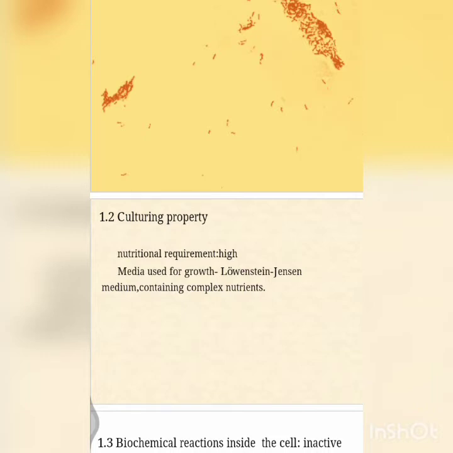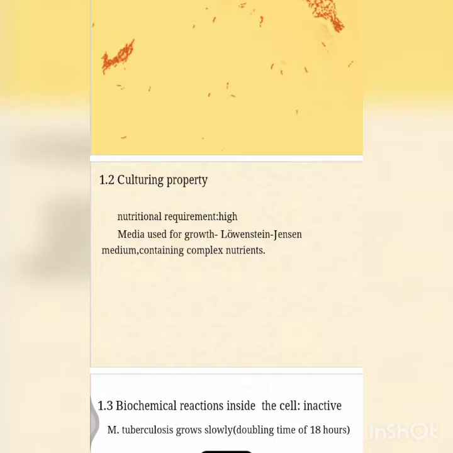Amongst all the solid media we should remember this: Lowenstein-Jensen medium is the most commonly used and is accepted by the International Union Against Tuberculosis. Middlebrook 7H10 and 7H12 can also be used. Why are we using all this? The advantage is that it allows transparent detection of the colony. They are transparent, so we can easily find them. Solid media are usually used for cultivation, and liquid media for sensitivity testing, biochemical reactions and also antigen and vaccine preparation.